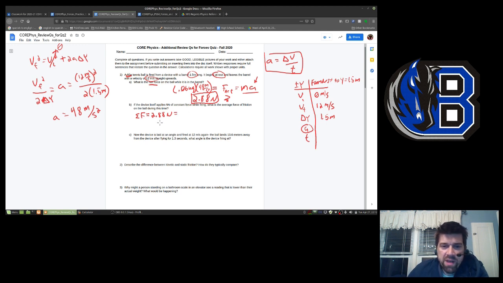So we do positive forces minus negative forces. We're firing straight up. We'll make our math teachers proud and call that the positive direction. So the device applies a force up. Friction combats that, and so does weight. And I'm solving for the thing I want. So what I can do is add friction over and then subtract the net force over. So friction equals